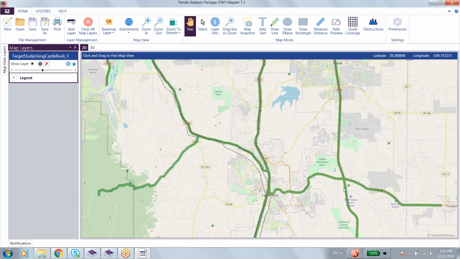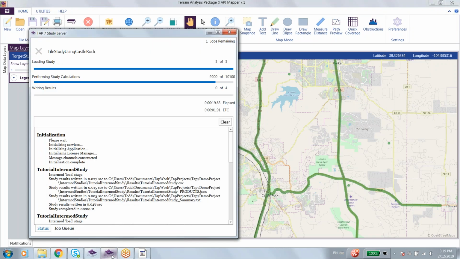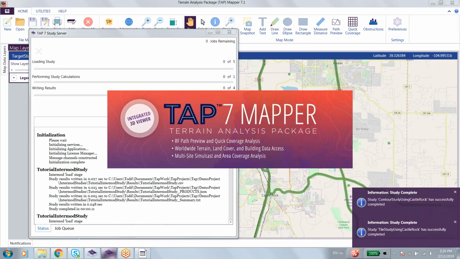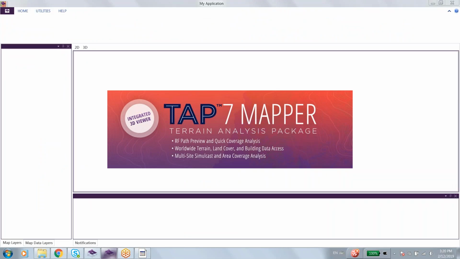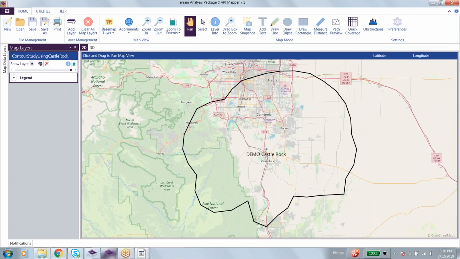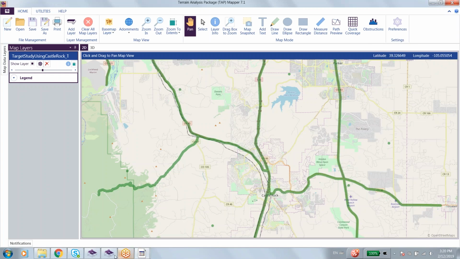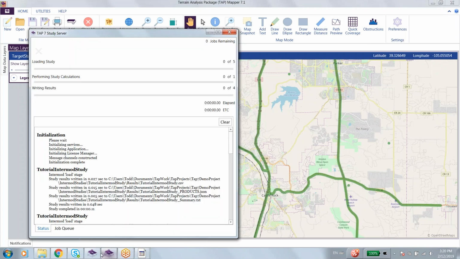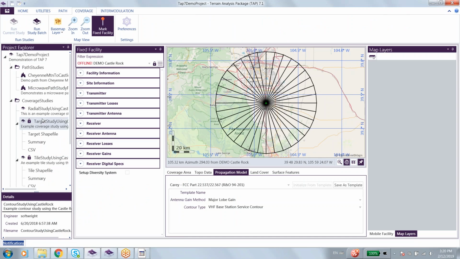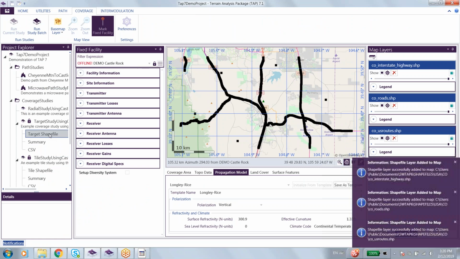So here's my result of my feature target study. In Study Server, my tile study is completing. That's now being loaded in Mapper. And then here's the contour study result, which runs very fast as well. So here's your contour study result. Here's your tile study. Still loading. If I go back here, if you select the target shapefile,